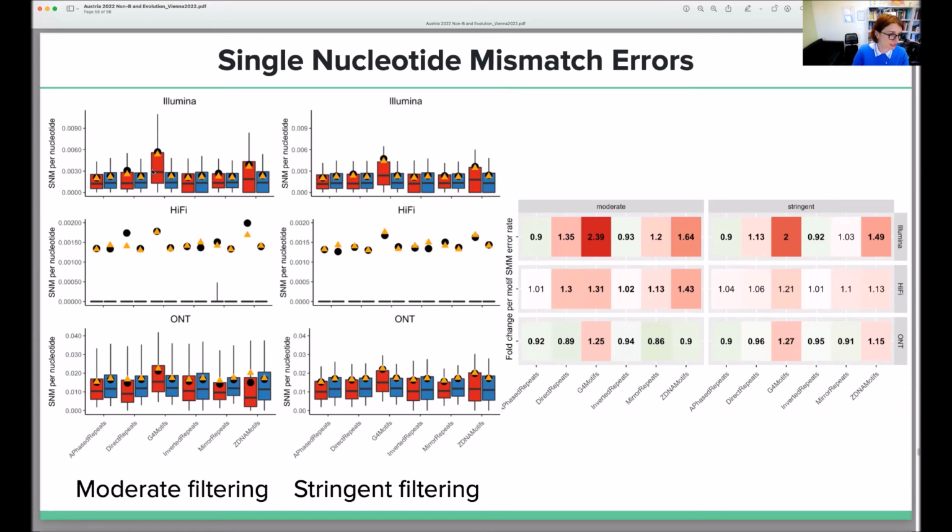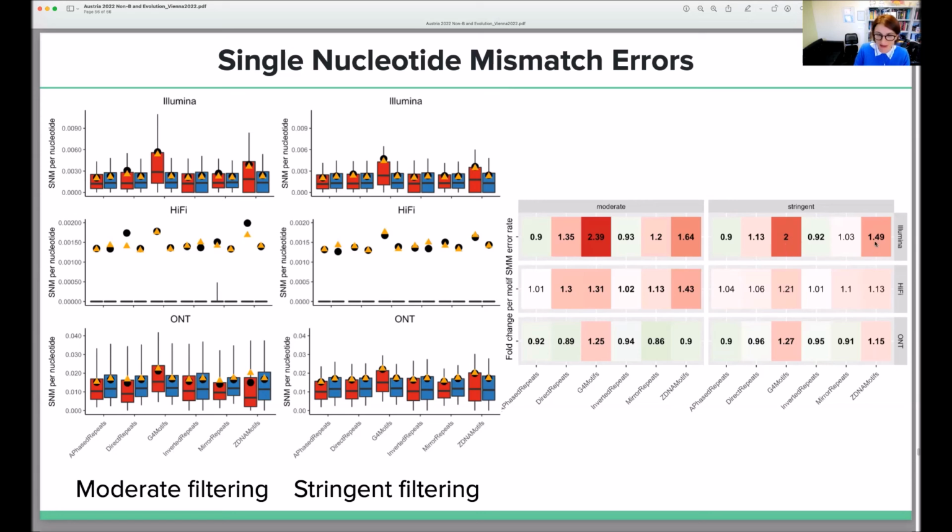And this is how the data look. So here, the controls are in blue, and the motifs are in red. And these are the distributions for Illumina, for Hi-Fi, for Oxford Nanopore. And this is for moderate filtering, and this is for stringent filtering. The summary is present here, and these are the fold differences at non-B DNA motifs versus controls. And for stringent filtering, for Illumina, there are some significant differences for non-B DNA versus controls, particularly for G4 motifs and